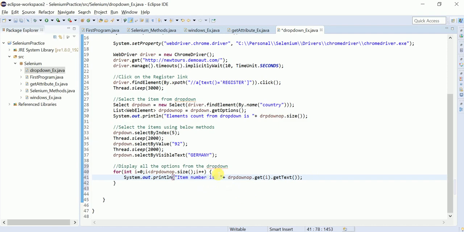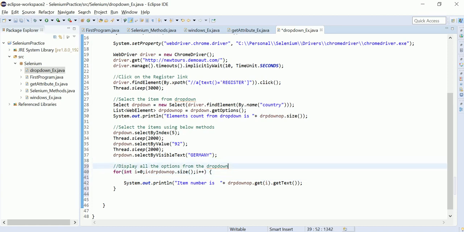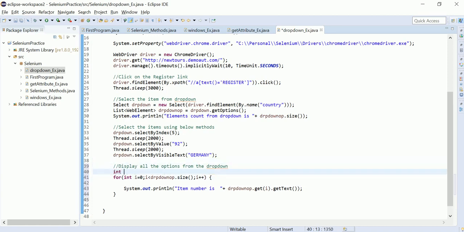I just want to print the item value also. I am taking one more variable here, the j variable: int j equal to 0. I want to print here item number is j, but before that I want to give j equal to i plus 1.